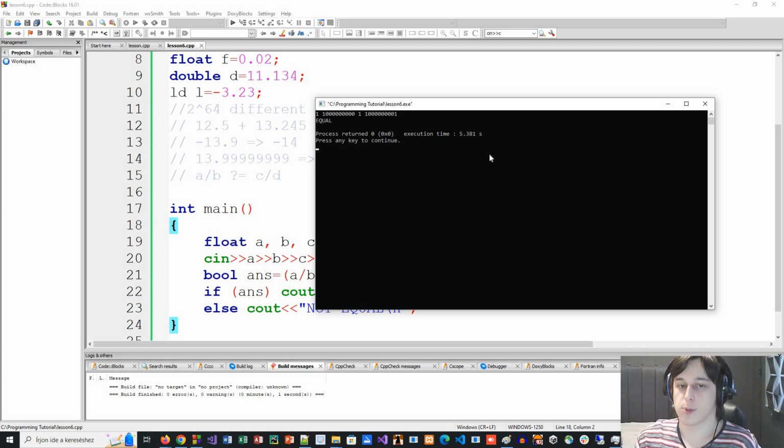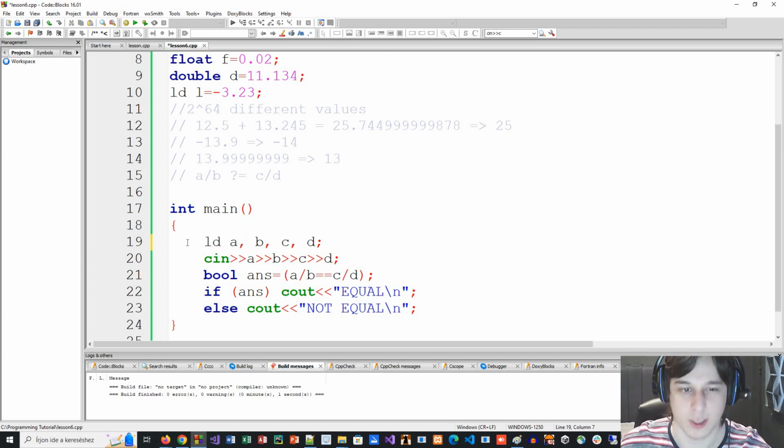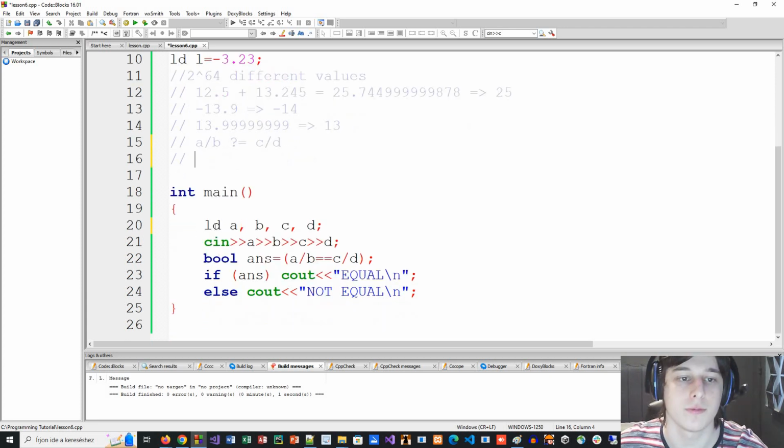Even with long doubles, there might be some examples that will result in a wrong result, but they are much more precise and less likely. But it is very possible, so watch out for it and try to avoid it if you can. So it's not good to use float, and if you can, avoid using floating point at all. So in this example, I can avoid using it, but we will just take long long,